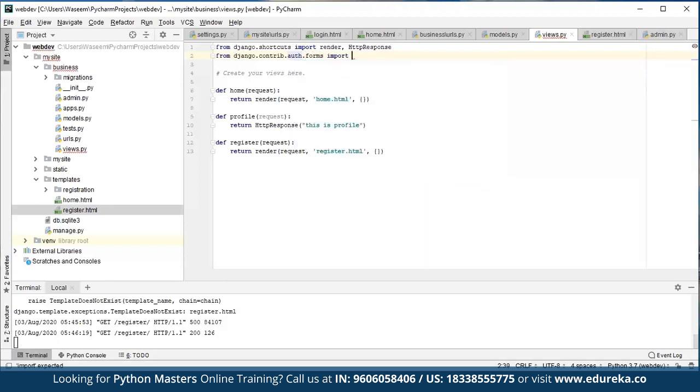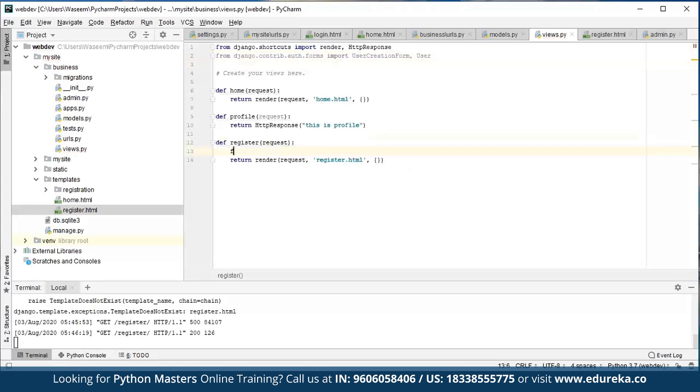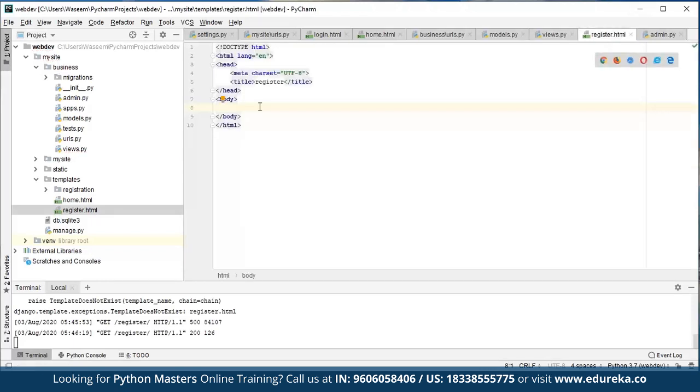We have to import UserCreationForm, and we will import User as well. Now we will create a form, right? And we will also pass the form in our context. Okay, so now what we'll do, we will create a